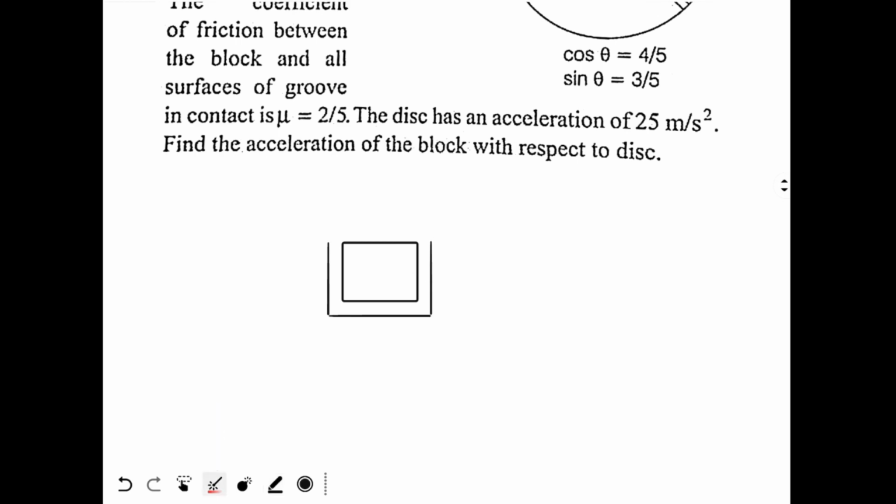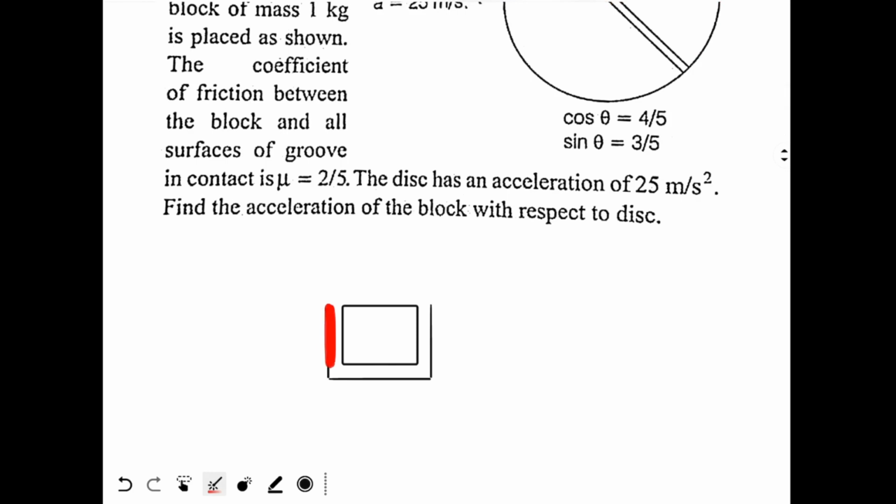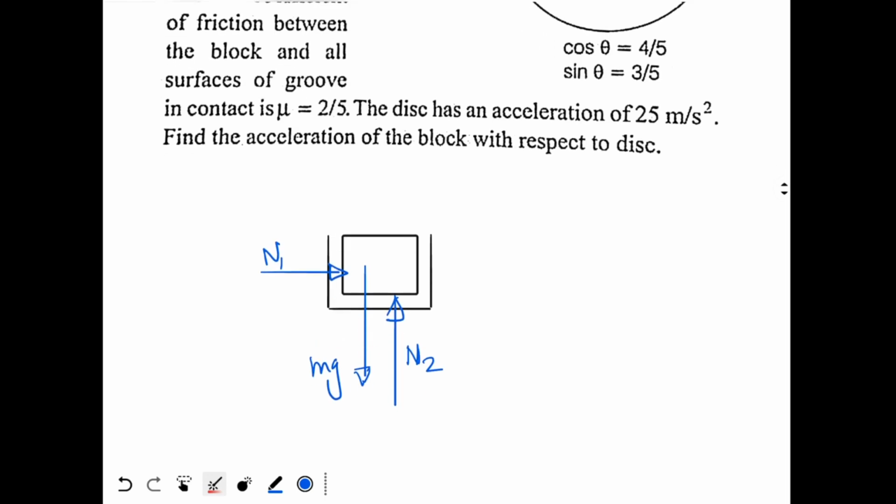Okay, now one wall of the groove is applying a force over here. This wall will apply the normal force n1. This face of the wall of the groove is applying a normal force n1 on the block. But at the same time, since gravity is acting downwards, mg, the bottom surface is applying a normal force n2. So this wall is applying normal force n1, this bottom surface is applying normal force n2. If you try to visualize it in 3D, what happens?